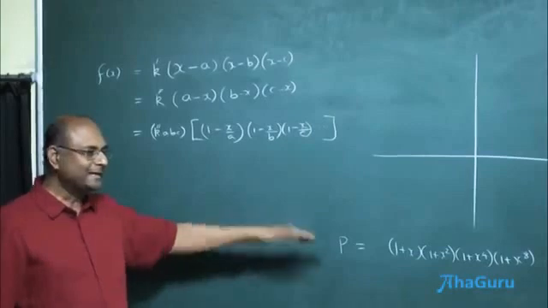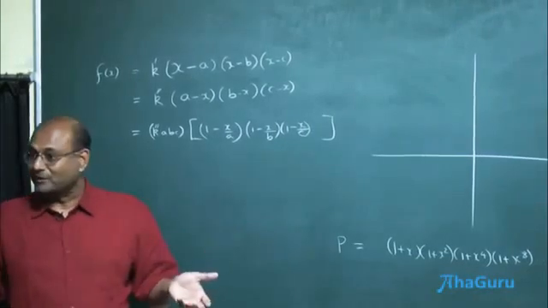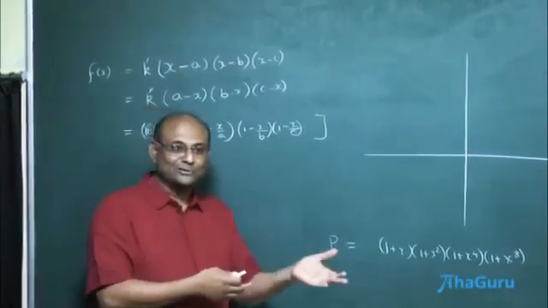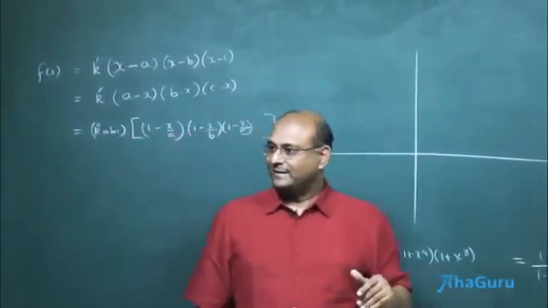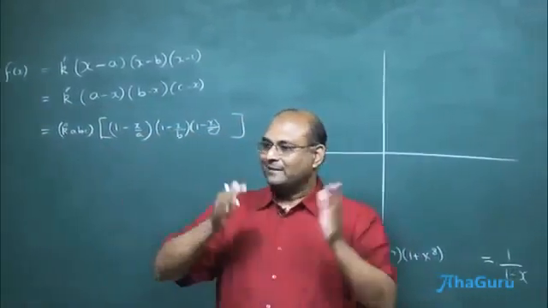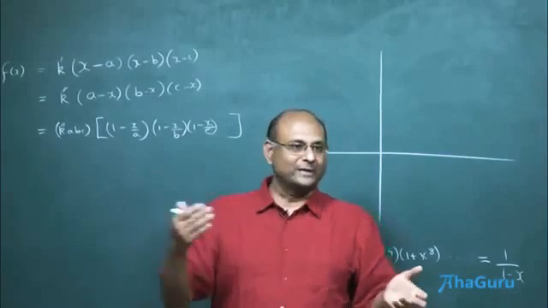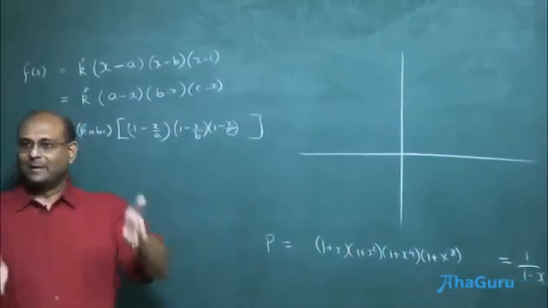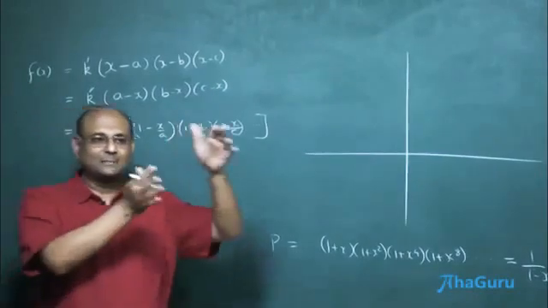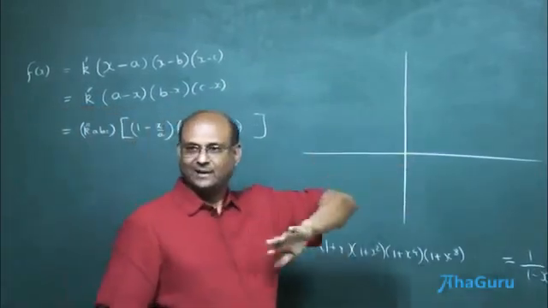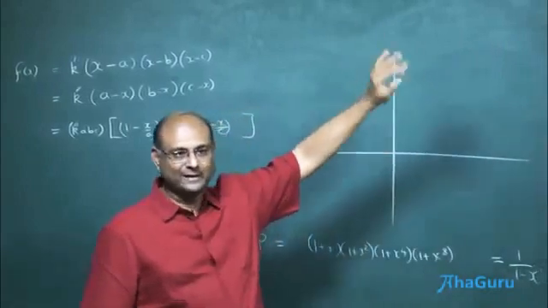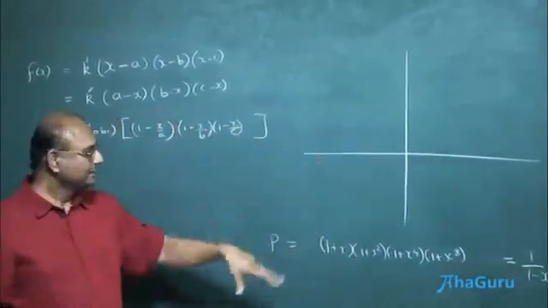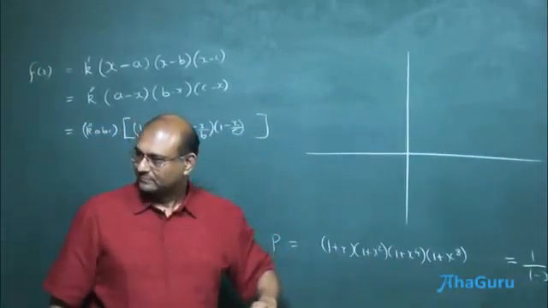Now this is a very standard trick. By the way, you have been using this for cos theta, cos 2 theta, cos 4 theta, cos 8 theta. What are you doing? Multiply by sin theta, if it started with cos theta. So that it will become sin 2 theta, then it will become sin 4 theta, then sin 8 theta. So the last one will become sin 2 power n theta. Correct. Same logic you can use here.